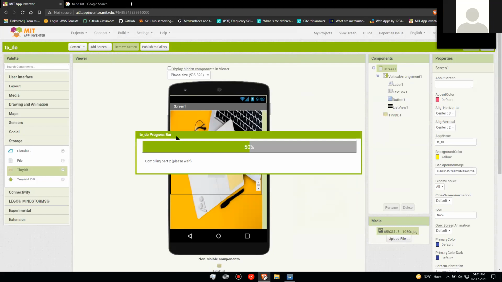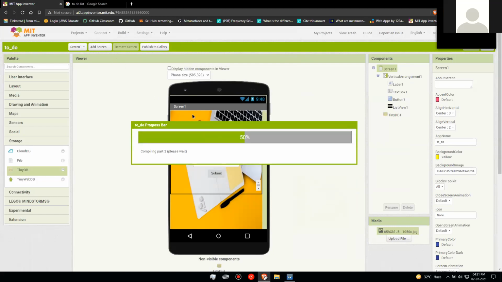You have to click both for the To-do list process. First, it has to just get completed, no? Yes, it has to be completed. Then go to build and then save it on my computer. It will save an APK file on your computer. It is still compiling. Yeah, it will take some time.